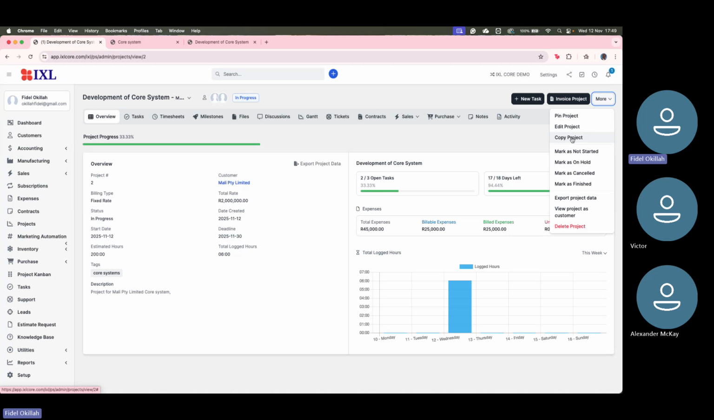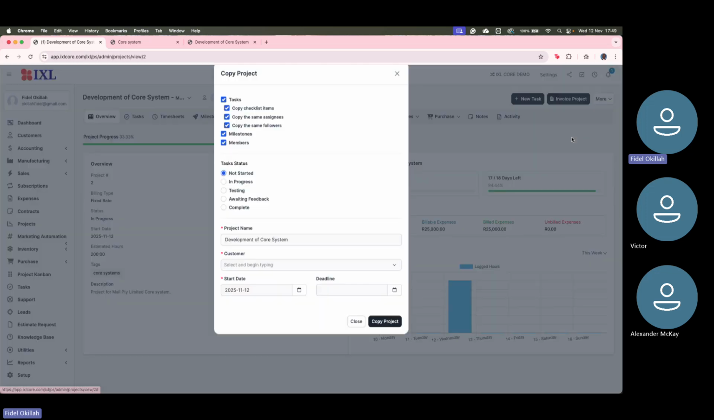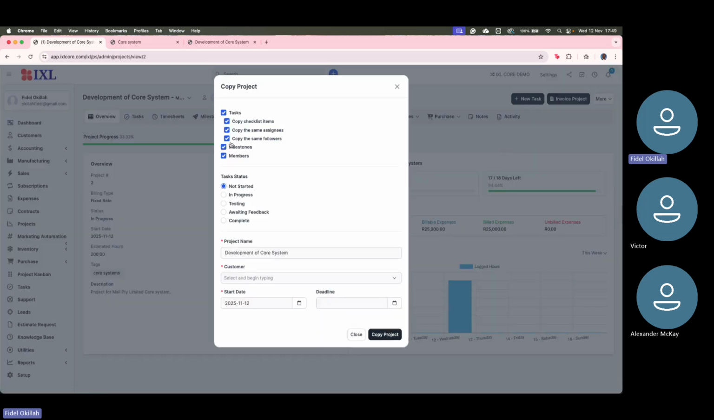We know all the statuses are the same. iExcel Core allows us to copy this project and rename it to a particular person or a particular client. So we can copy everything from that, the milestones, and the tasks, whose statuses are all not started. It's a development of the iExcel system, and then we can pick a different client